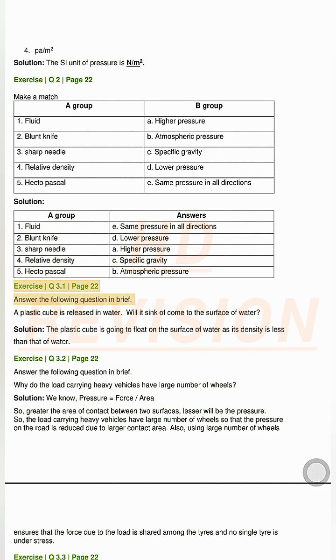Exercise Q 3.1 page 22. Answer the following question in brief. A plastic cube is released in water. Will it sink, or come to the surface of water? Solution. The plastic cube is going to float on the surface of water as its density is less than that